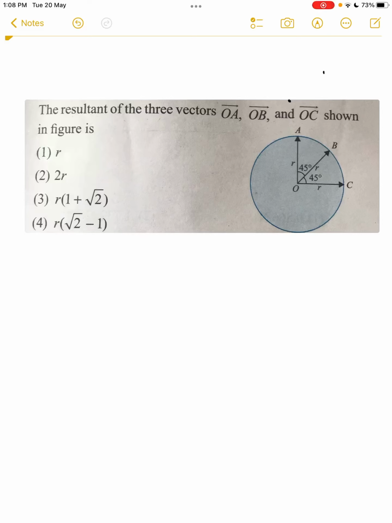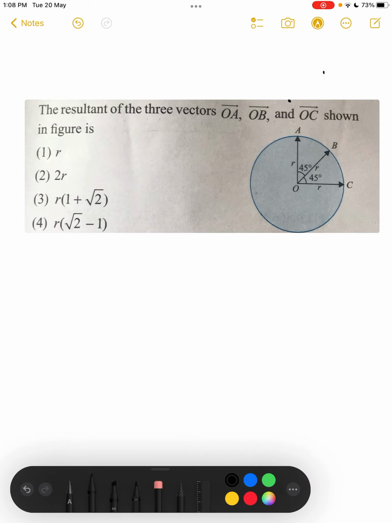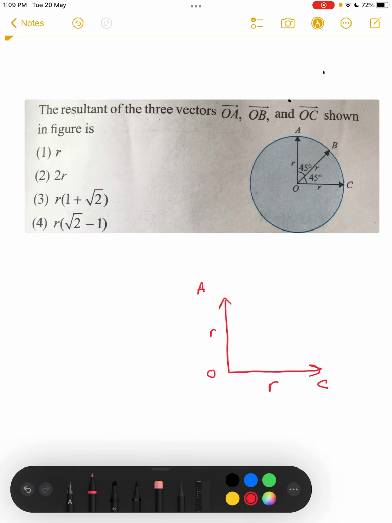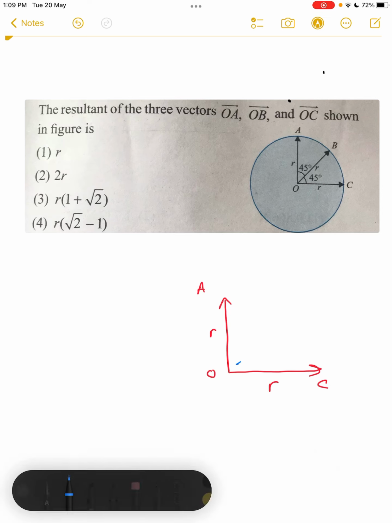Hello students, in this question they are asking for the resultant of three vectors OA, OB and OC shown in the figure. So let's not get confused: this is not just one vector, there are obviously three vectors. First of all I am going to focus on the vector OA, which has magnitude R, and the second vector is OC, whose magnitude is also R. And the third vector is this one,